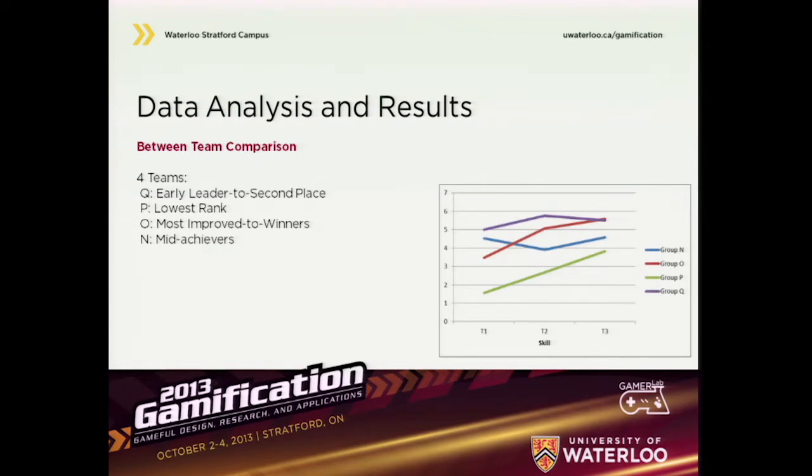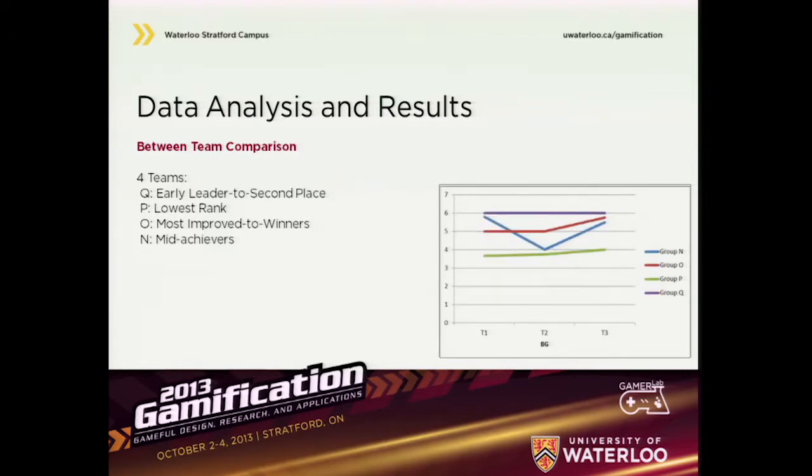So we wanted to show this in a chart to see that different teams have different patterns. It's not that one team is going up and the other one is going down. They are all going up, for example, in the skill level. But still, the team who is losing, Group P, is the lowest rank. They always reported the lowest level of skill. The same with their background knowledge and satisfaction. We had similar patterns.